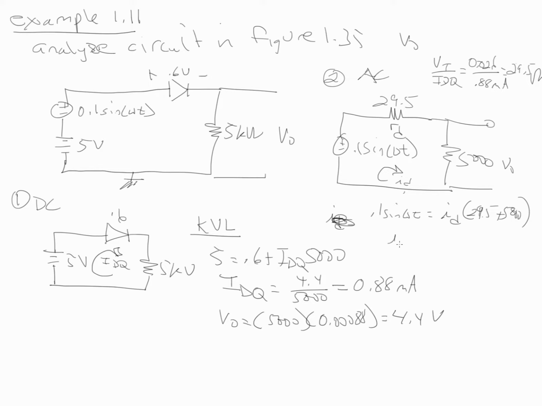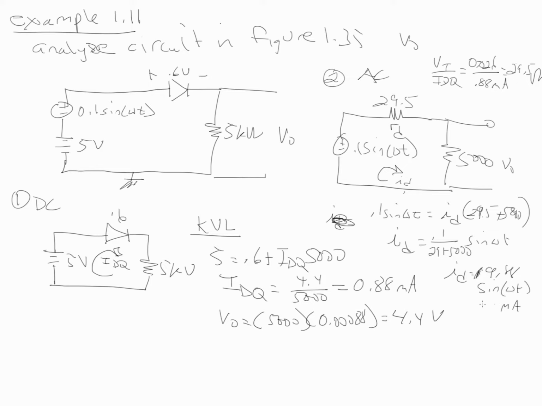And so ID is going to equal 0.1 over 29.5 plus 5,000 times sine omega t. So ID is equal to 19.88 sine omega t